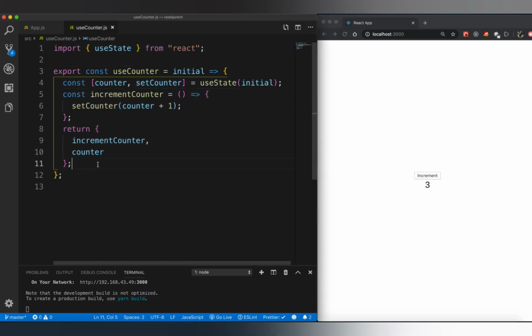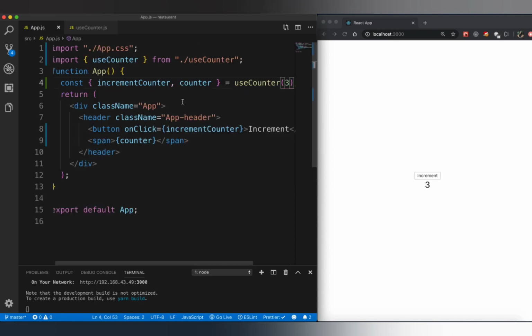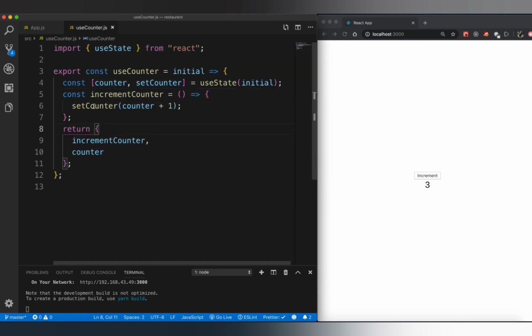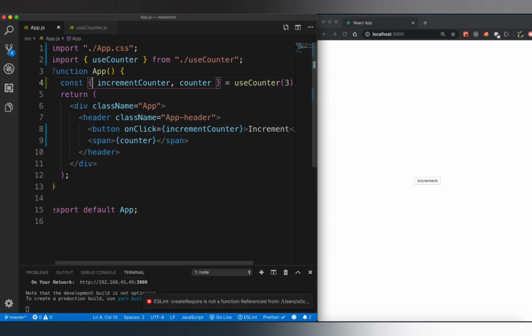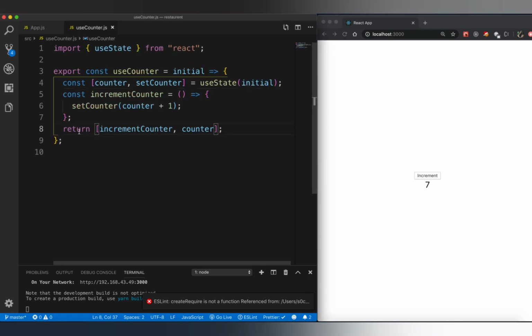One other thing we can notice here is that when we are doing a return statement, we are returning an object. So when we are using this hook, we are using the object notation to destructure what we like. Similarly, if in our hook we had an array, so let me change this to array notation, right? I'm going to hit save, and in here, instead of destructuring an object, we are destructuring an array. Let me hit save. So this is also going to work, right? It depends on how you want your particular custom hook to be, how you like to export it. That is up to you. I generally use the object notation.